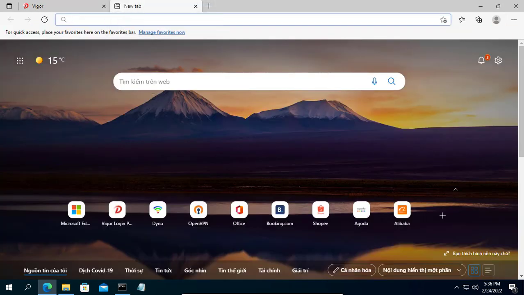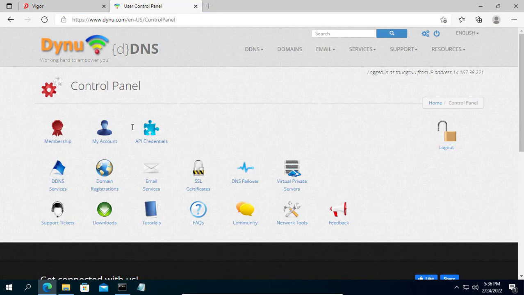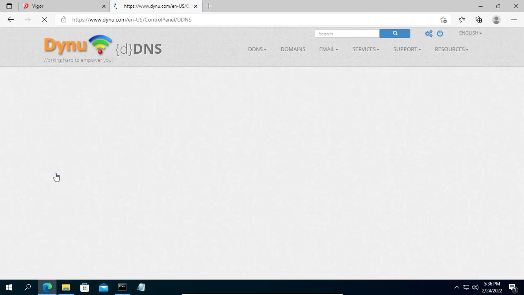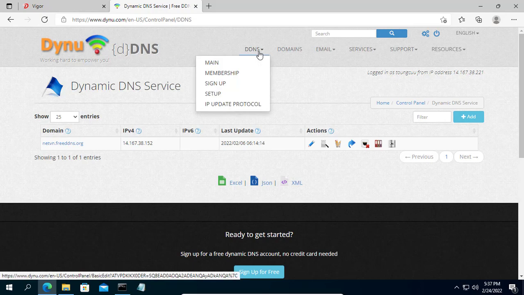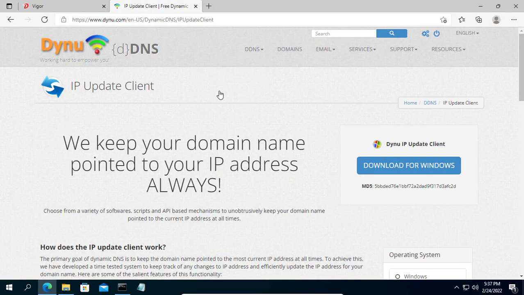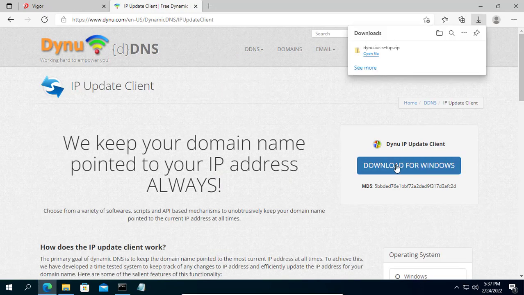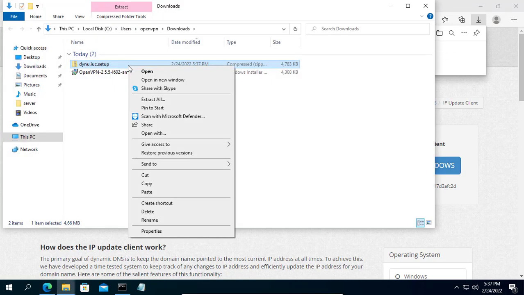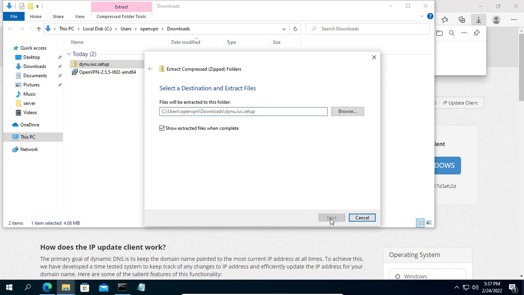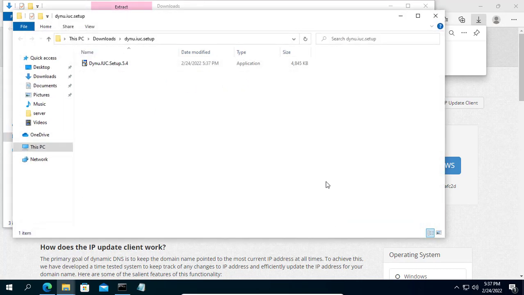Next, you use DDNS service to fix when your public IP address is dynamic. I already created a domain name, netn.freeddns.org. There are many DDNS services you can use like NoIP, DYNDNS, but in this example I use DynDNS. It's free for me.